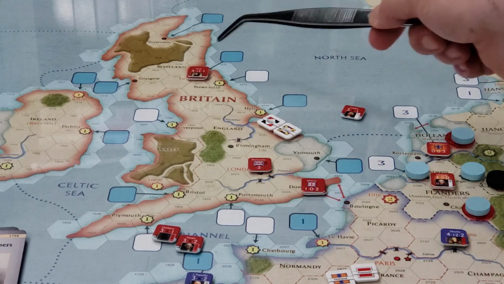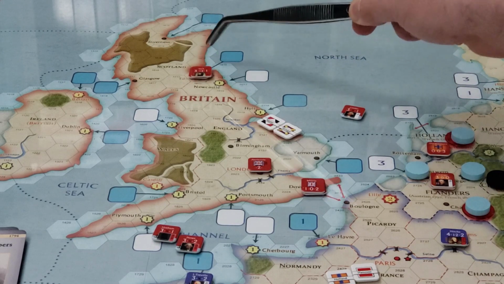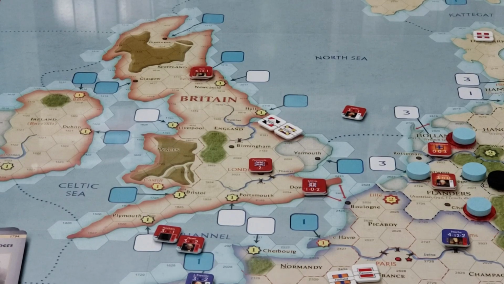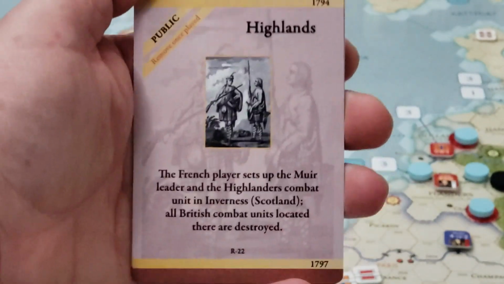But the rebuilt main British army is up here in Edinburgh. Now, why is it up there, up near Scotland? Well, we haven't talked about it majorly. The cards that were drawn, only the British player actually got public events that they're going to have to play. But one of them, significantly, is the Highlands card. So the British have to play this,